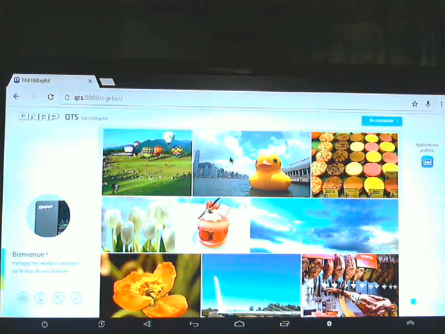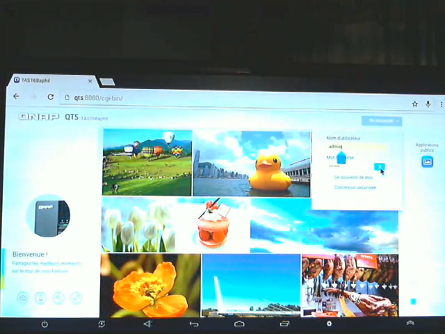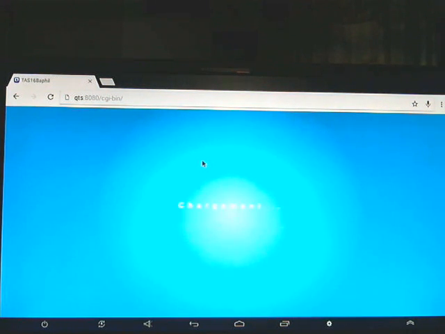Okay, so I can make a connection. And I receive a standard menu from any QNAP to manage my applications, my system, my services, and so on and so on.